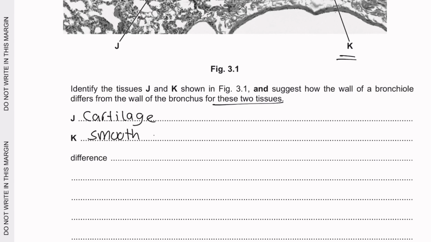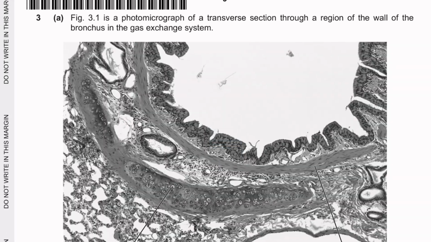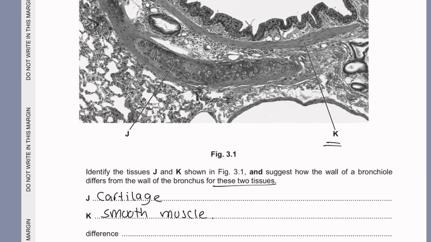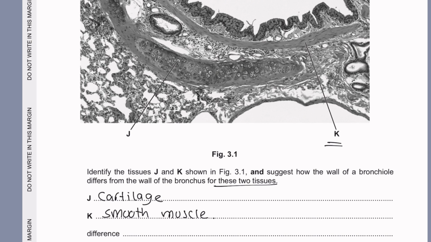And what's the difference? So this over here is the bronchus. Okay, and he's looking for a difference between bronchiole and bronchus. Well, bronchus has cartilage. Bronchioles do not have cartilage. Bronchus have these blocks of cartilage, whereas bronchioles do not have cartilage. Another thing, maybe,